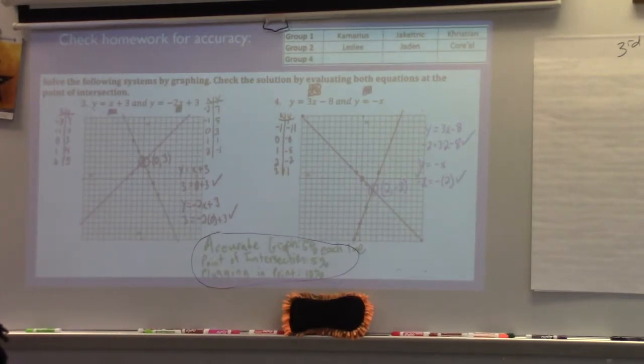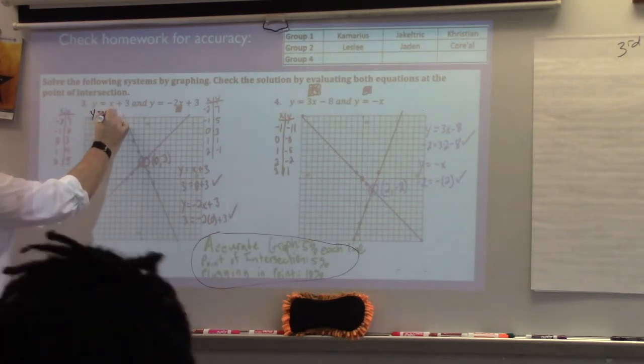Do you have to do both a graph and a table? No, the reason I have those tables there is so that you can more clearly see the points. Notice there's no grade for the table. It's accurate graphs. Personally, what I did is I came in and I looked for,